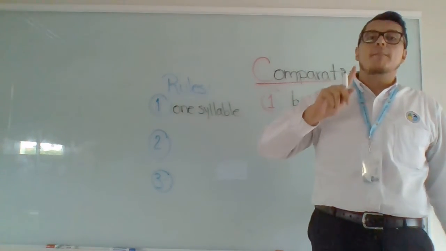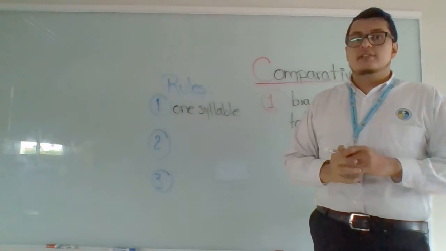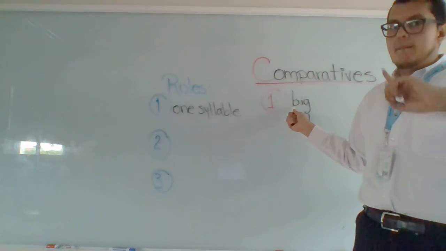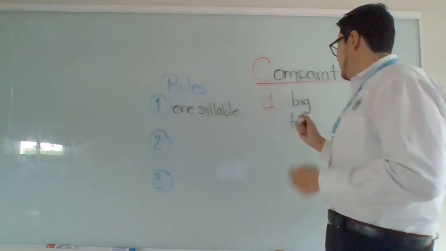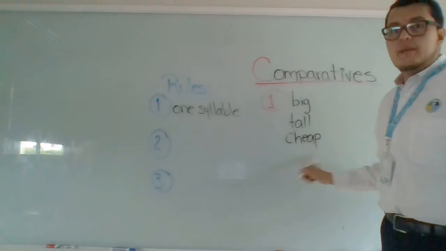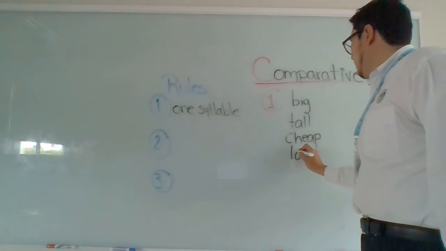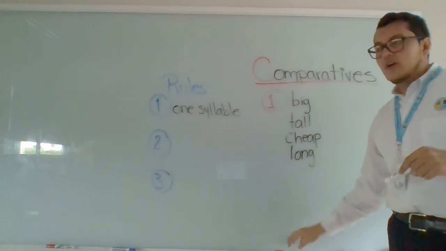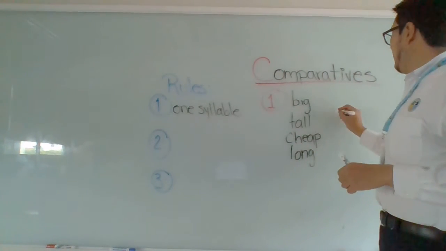For example, beautiful, three syllables. Big, only one. Tall, only one. Cheap, it's only one syllable. Long, it's only one. Okay, so for the one syllable adjectives, we have to add